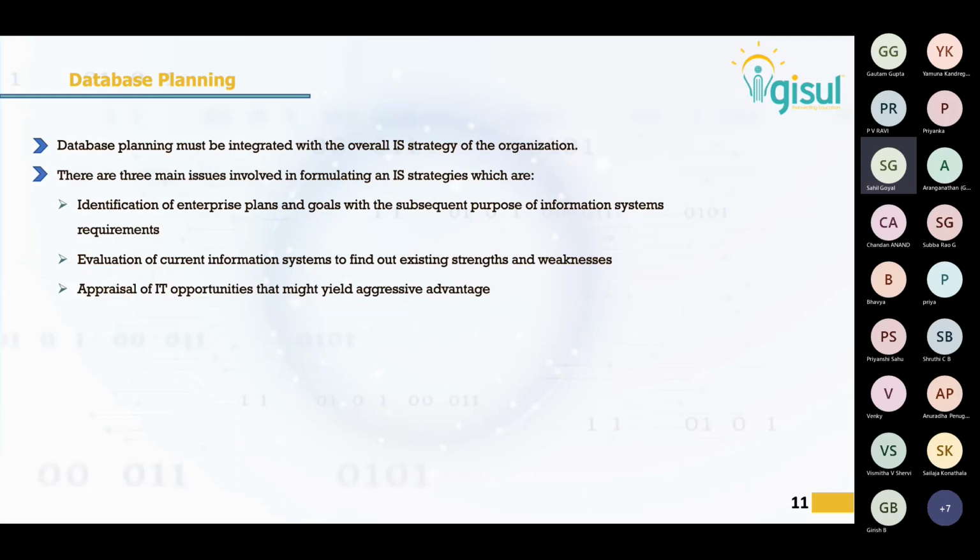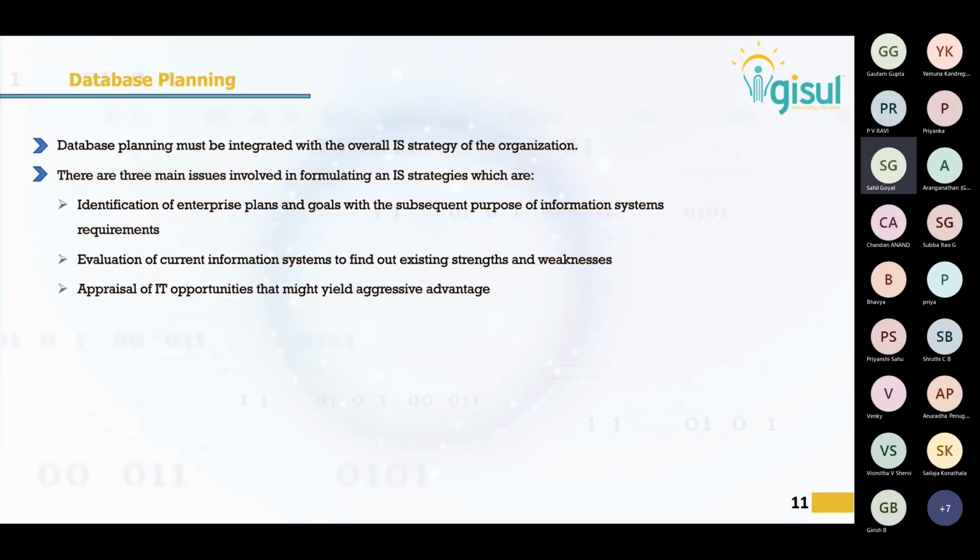There are 3 main issues involved in formulating an IS strategy, which are identification of enterprise plans and goals with the subsequent proposal of information systems requirements, evaluation of current information systems to find out existing strengths and weaknesses, and appraisal of IT opportunities that might yield competitive advantage. 3 things very important. Let's understand. So first of all, IS basically stands for information system. So here first what we are saying is,